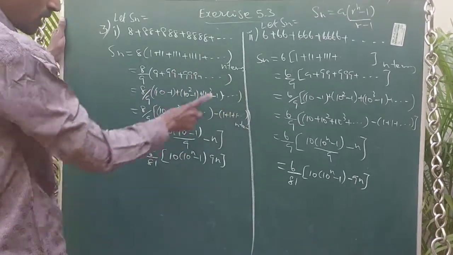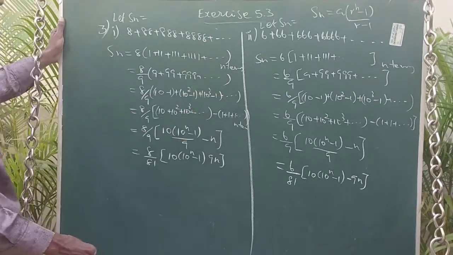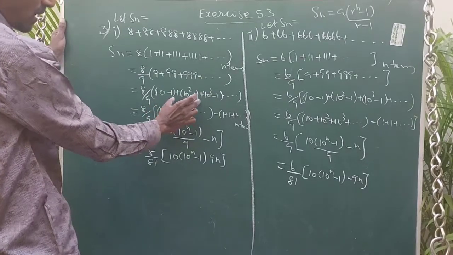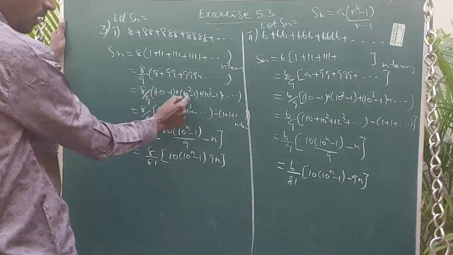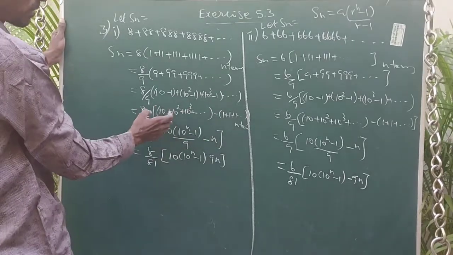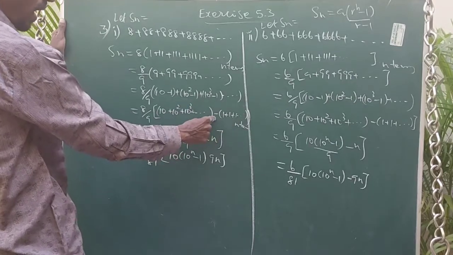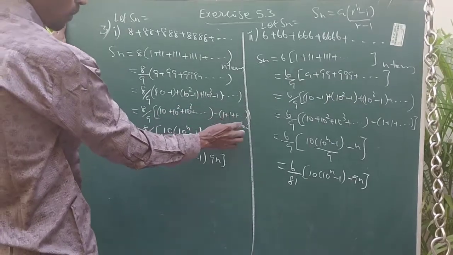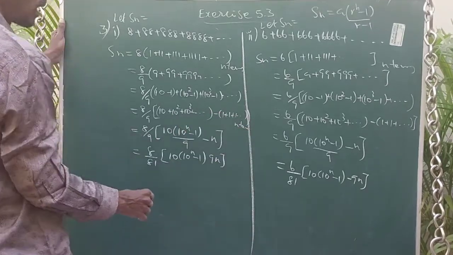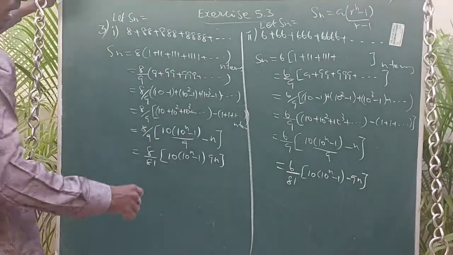Here in the question it is given only up to n terms, so it is a finite, not an infinite series. So now inside this bracket, divide into 10, 10 square, 10 cube, etc., combine that n times, and the remaining minus 1 minus 1 minus 1. We can take minus in common, so 1 plus 1 plus 1, etc. So combined, it contains n terms.